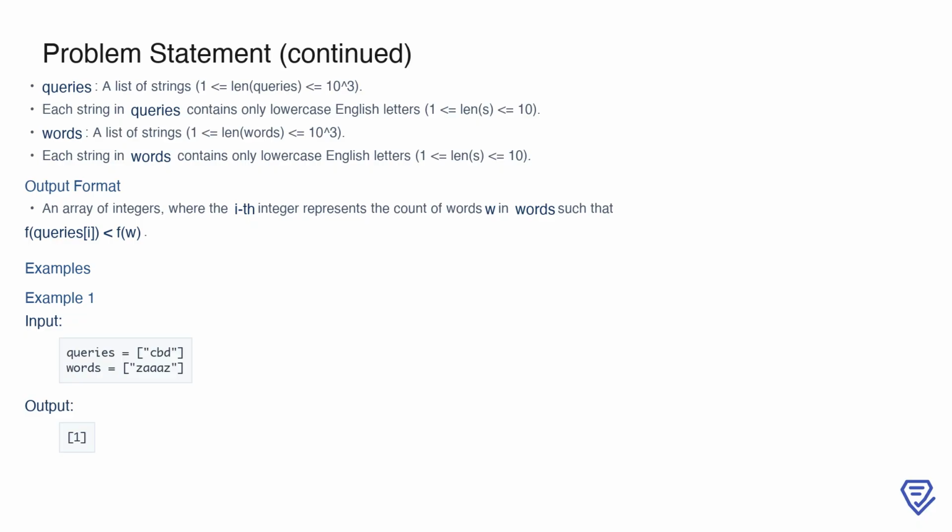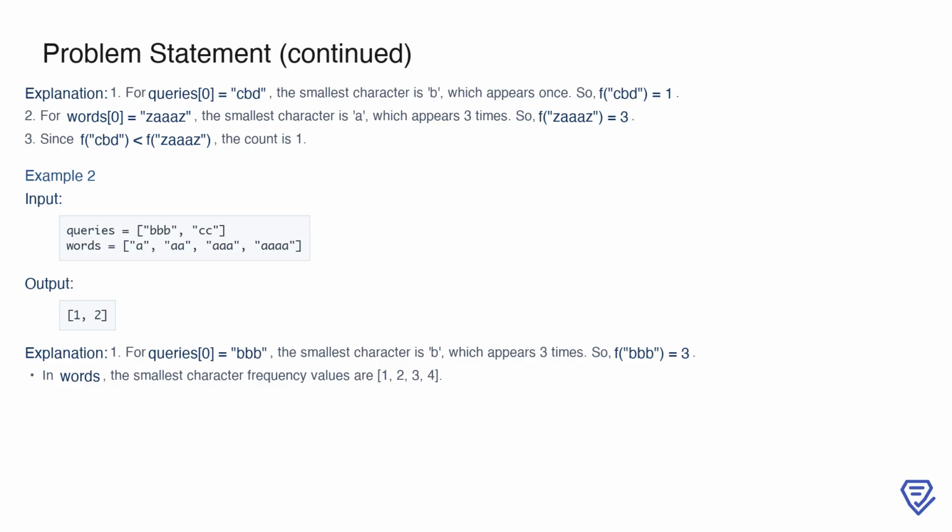To better understand, let's look at some examples. In the first example, queries contain "cbd" and words contain "zaz". For the query cbd, the smallest character is b, which appears once, so f(cbd) equals 1. For the word zaz, the smallest character is a, appearing 3 times, so f(zaz) equals 3. Since f(cbd) is less than f(zaz), the count for this query is 1,